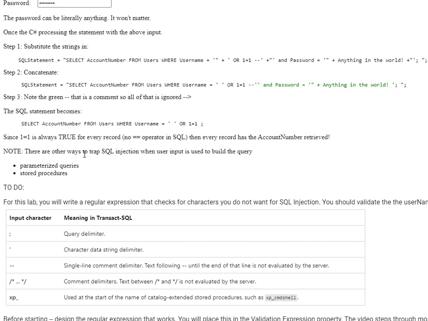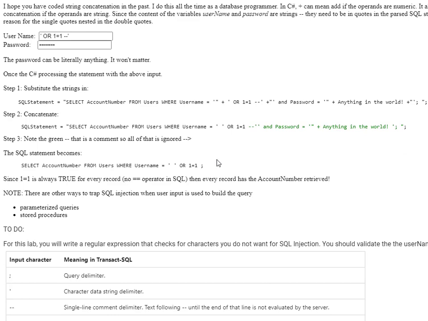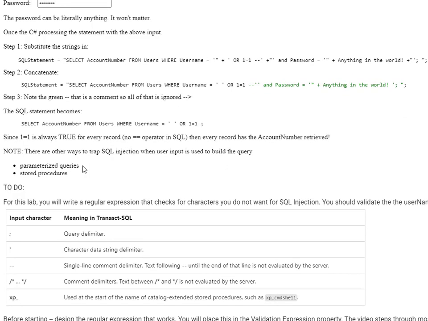Now, there are other ways to write this code, but I've written similar code many times. But there are parameterized queries and stored procedures. A database programmer will write the stored procedures, but parameterized queries are very common also, and they're going to help you avoid this type of error. So I went to the Microsoft site, and these are the characters that should not be in the username if you want to avoid SQL injection,